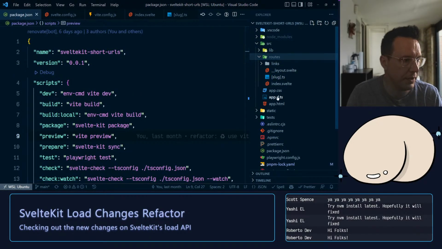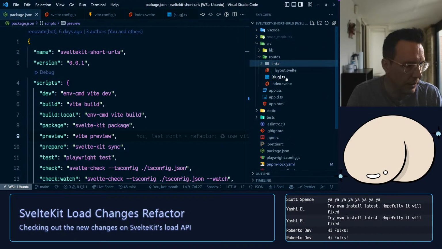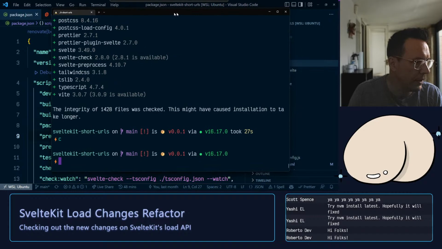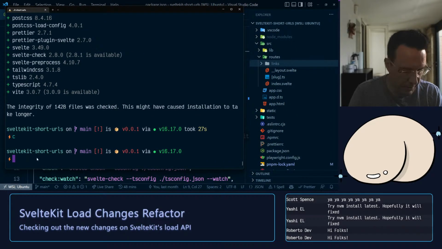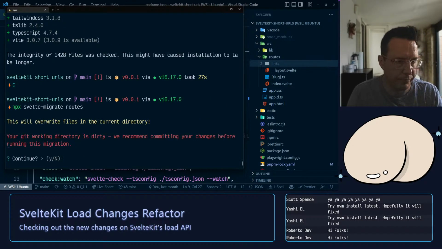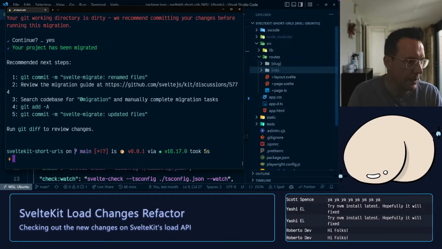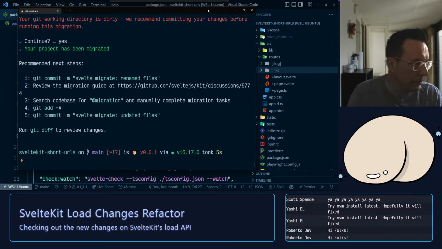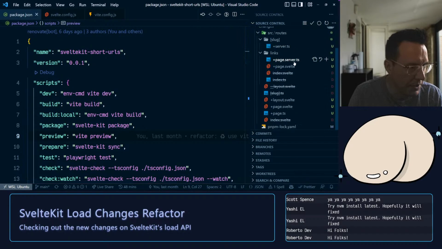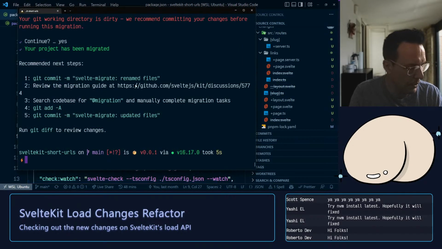So let's go to the routes here. So I've just got one and this slug. So this should all change to the sort of plus notation we got going on. Let's move this over here. npx sv migrate routes. And we'll say yes. Cool. I'm going to go straight over to this and just unstage everything so I can stage it all in one go. Right. Let's take a look. So, oh,